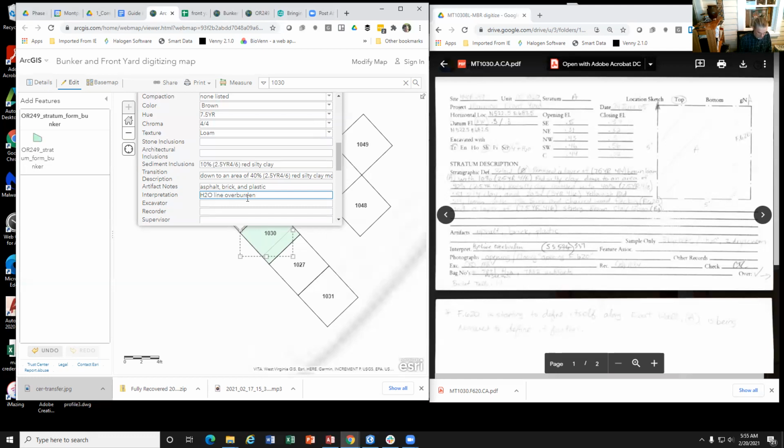And here you could put in site stratum 537, the one that is not crossed out, because that was the final interpretation that was made. And then for excavator, these initials are CXO, which is Sierra, and MBV.